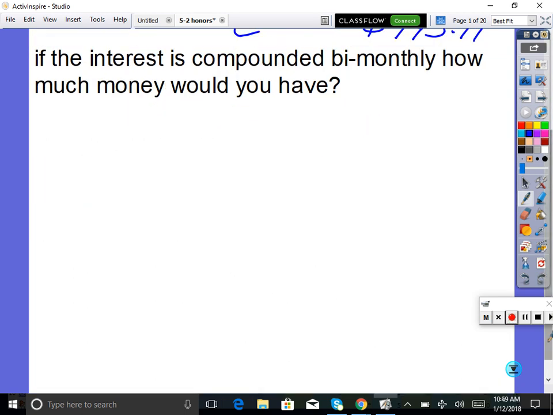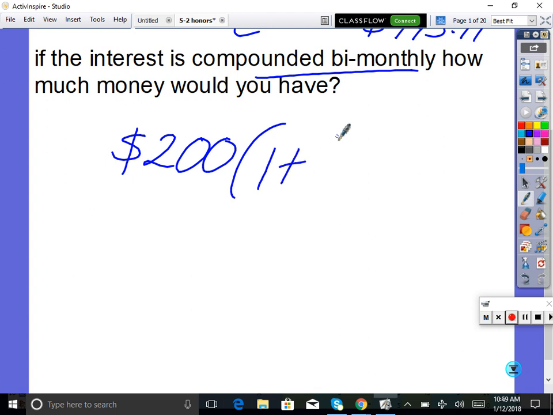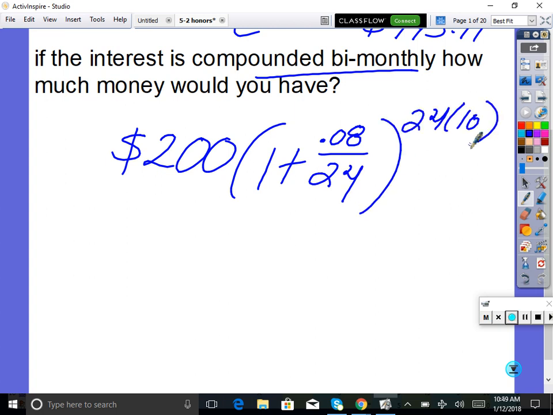Okay, on this one, the compounding bi-monthly, we can't use PERT. We'd use that one formula. So it's still 200 times 1 plus R over N. Our rate was 0.08. Our N is the number of times in a year it compounds, so that would be 24, raised to the NT, 24 times 10. So then you would go ahead and calculate that, and you got